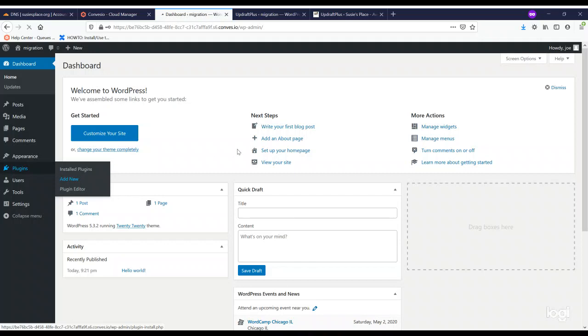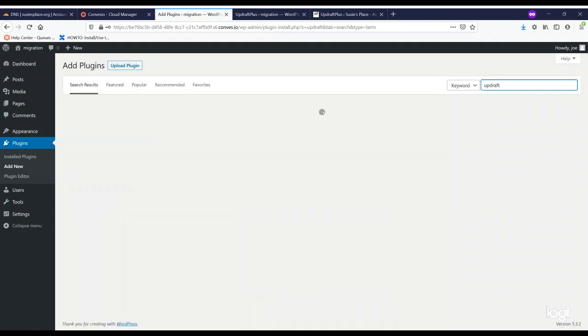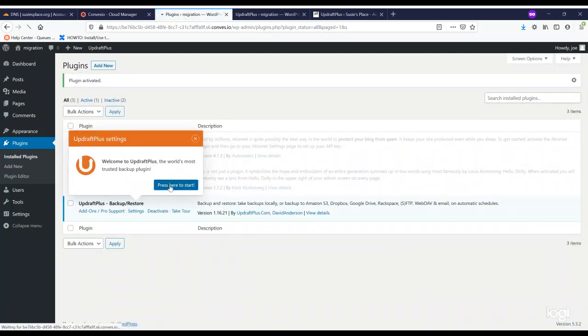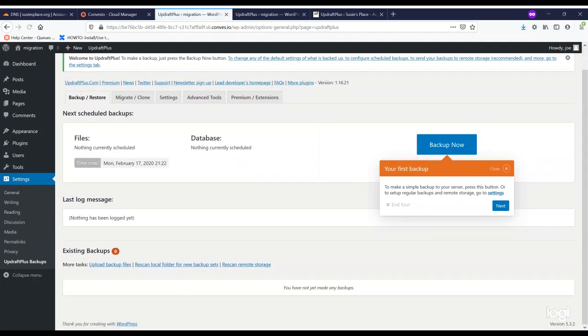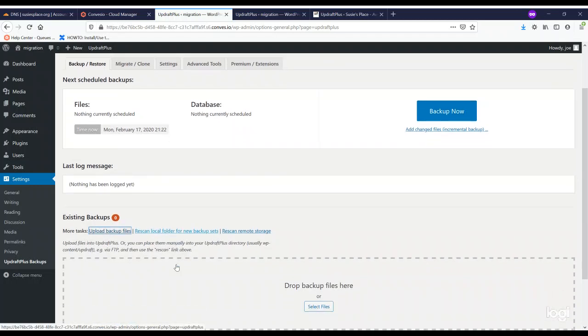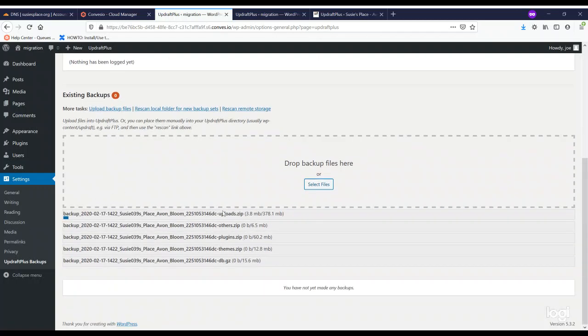Then we're going to install Updraft, same way we did on the production side. Activate. Then it'll say click here to start. And on this side, what we're going to do is upload those backup files. So we're going to click Upload Backup Files and select Files. Select the files and click Open. This process may take a few minutes depending on the size of the files,